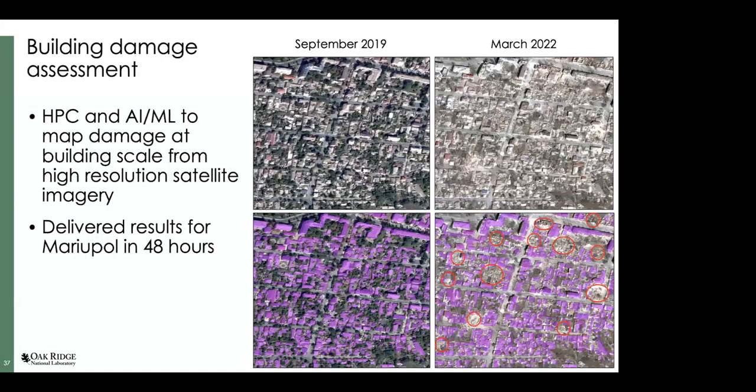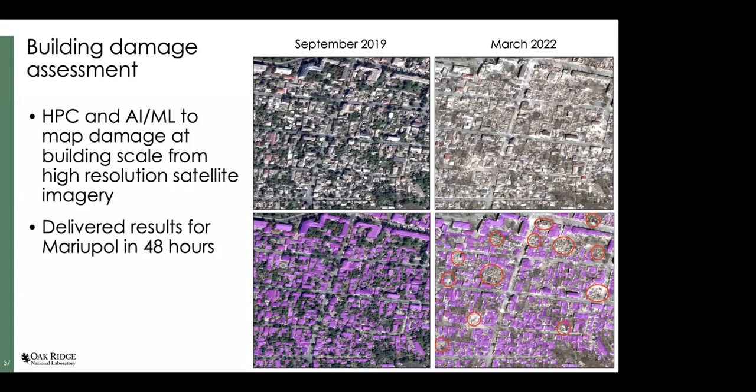The last thing is assessing building damage, right? Very, very quickly we had to understand where building damage is. One interesting thing was that we realized for most of Mariupol, the latest imagery was 2019, because we never thought that we needed to know anything more about the Ukraine, right? So 2019 was the baseline.